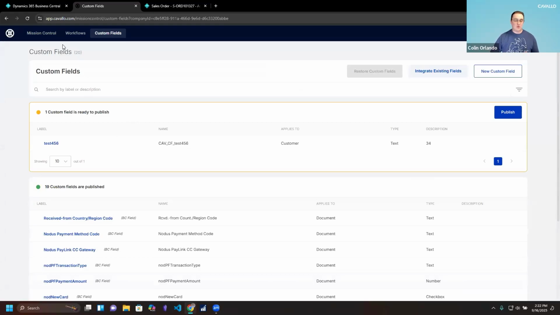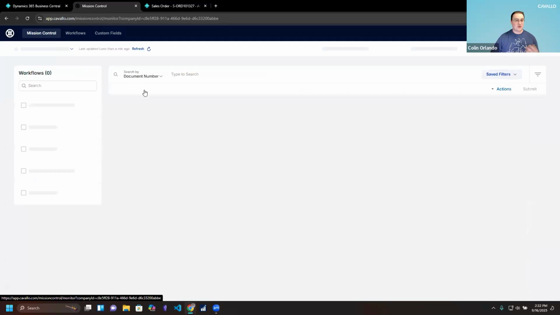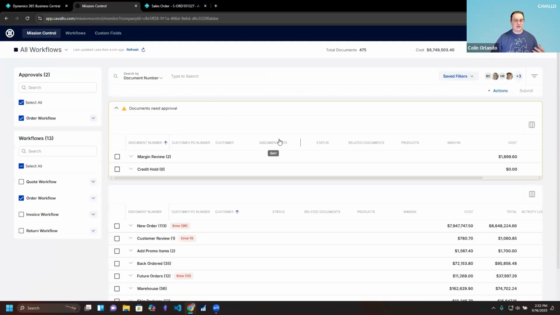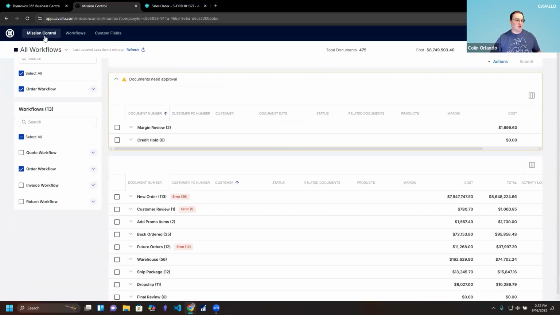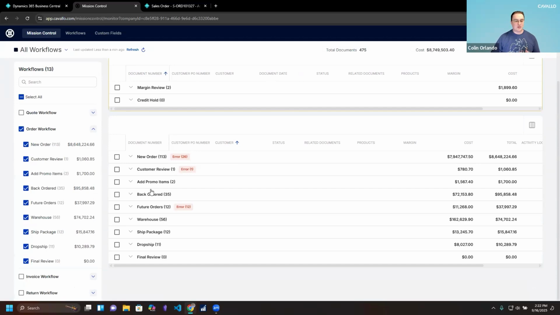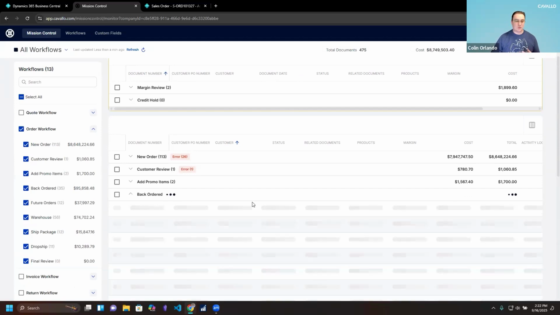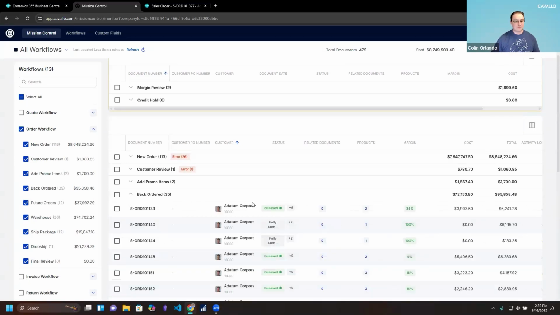Now, where do we go from here? We've built the business process, we've added our custom fields, everything's great. Well, we also have this managerial or business leader view of the dashboard. So we call it the Mission Control dashboard in the cloud. SalesPad users will know this view as Sales Monitor. It's all the same. It allows you to view the workflow that you've just curated and understand some super important questions as a manager without the need to enter the ERP system.